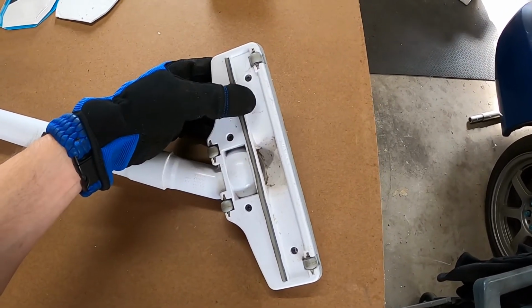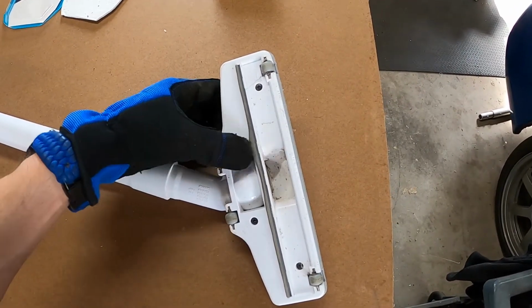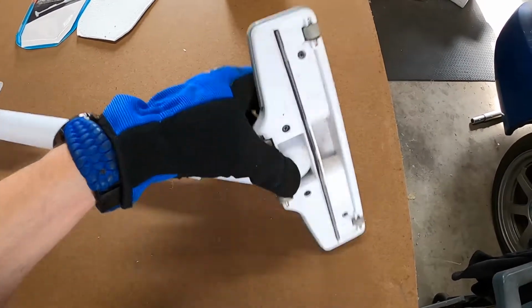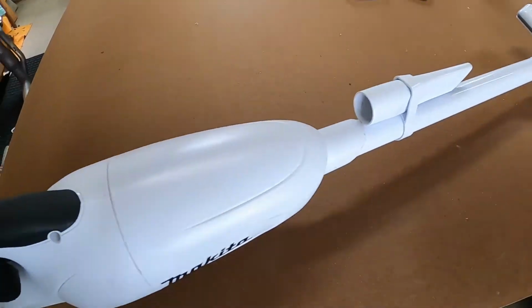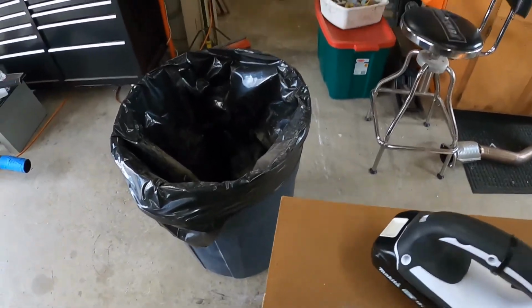The only downside of this design is it really only works properly on the forward stroke. On a back stroke, it's just going to pretty much push the stuff behind it. Other than that, it works great, and I think that is a good design because it does pick up pretty fine particulate. So let's take a look at opening it up. I'm going to set up the camera where you can see it, and we can kind of see how the